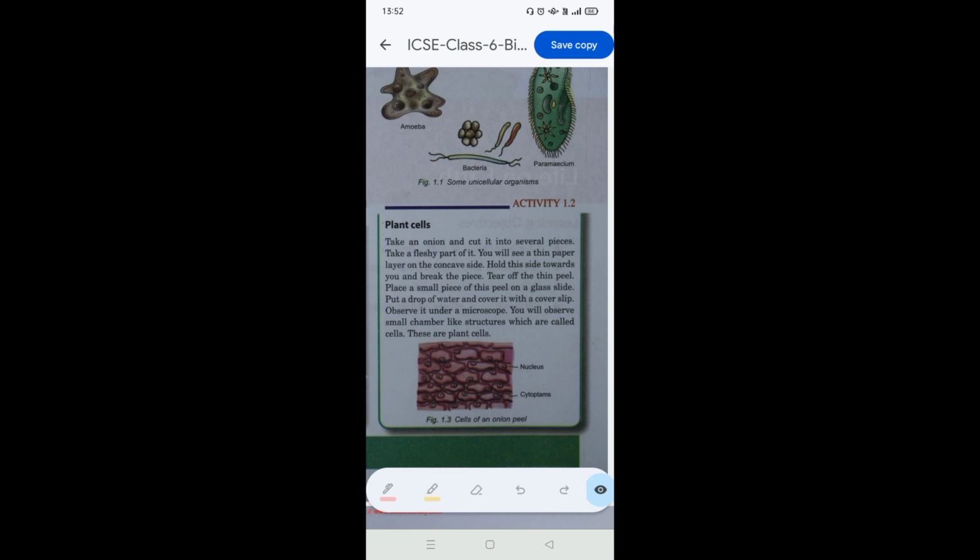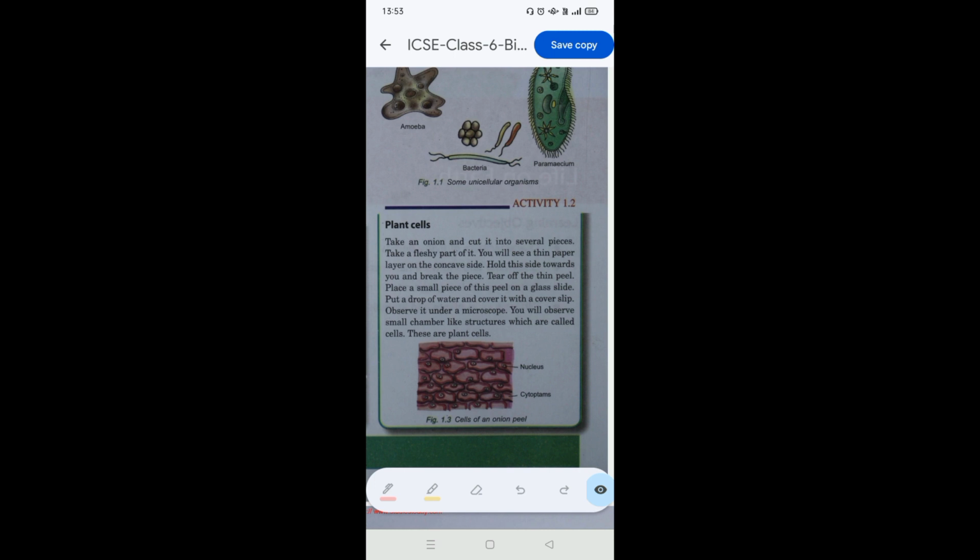In the first activity, when we scrape under the cheek, we can observe human cheek cells, which are actually of humans, which come under the category of animals. So we consider human cheek cells as animal cells, whereas in case of plant cells, we are taking an onion and cutting it into several pieces. And we take the fleshy part of the onion and